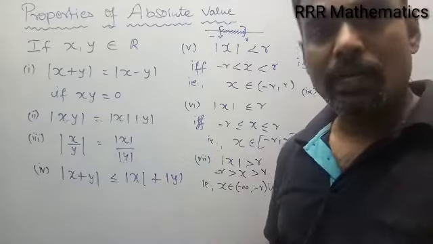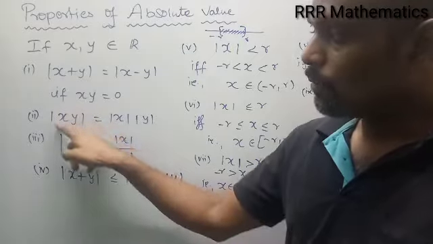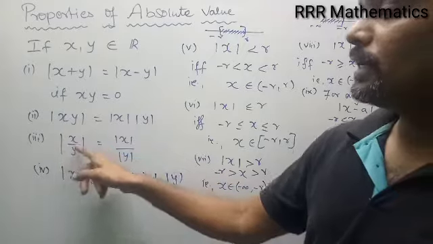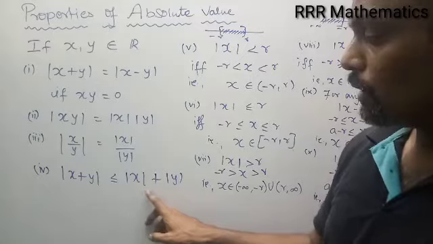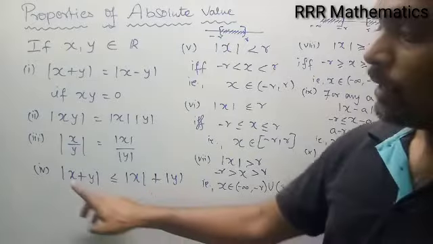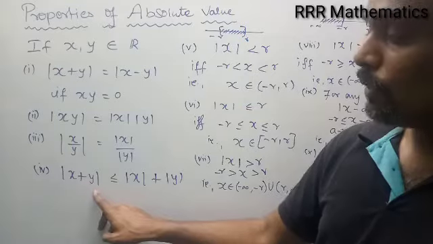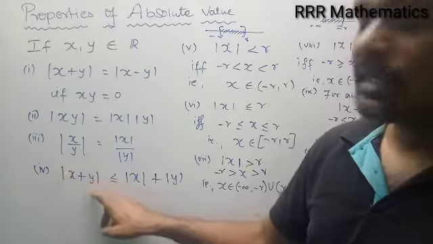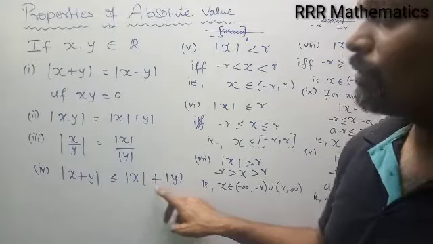Either both x and y are negative or both x and y are positive, or either x positive y negative or x negative y positive. The product xy is negative. After taking modulus, again it will be a positive value. Similarly for x divided by y. And modulus of x plus y is always less than or equal to mod x plus mod y. If both the numbers x and y are positive, it gives the equal sign. If both x and y are negative also, it gives the equal sign when you take modulus. Suppose x positive, y negative, or x negative, y positive. In this, inside the modulus, it will be a difference, the difference of the values, which is always less than the sum of the individual values.